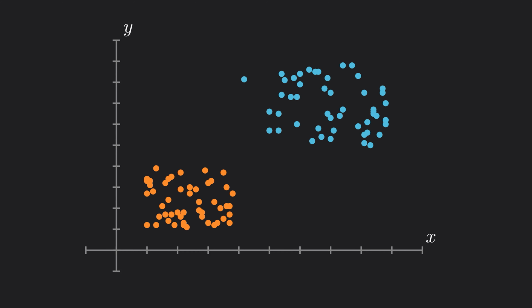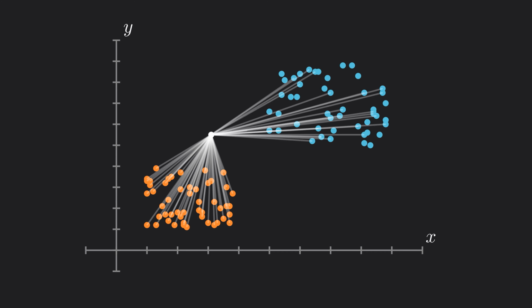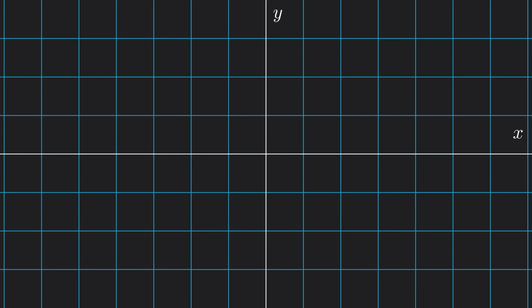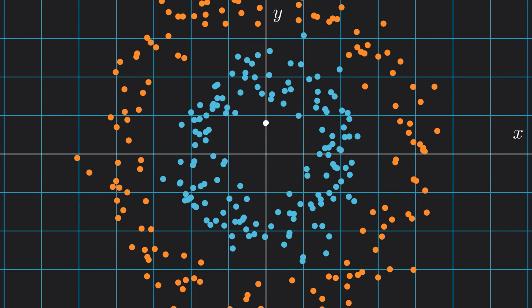But if we have a point somewhere here and then we calculate the distances, we will get 3 nearest neighbors from class A and 2 nearest neighbors from class B. That's why the majority goes to points from class A. That's why this point will get assigned to class A. Simple as that.